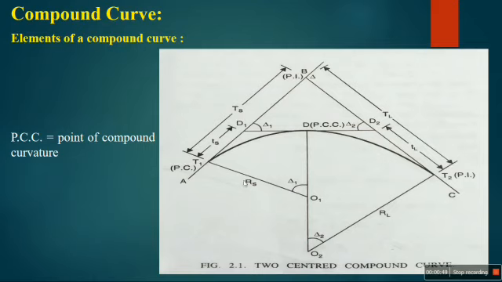With respect to radius, they are RS and RL. Here RS means the smaller radius, that is, this arc is small compared to the other one, so that's why the radius is named RS. Similarly, RL is the larger or longer radius. With respect to delta, that is delta 1 and delta 2. These two curves will meet at one point, that is D. This point is called the point of compound curvature.